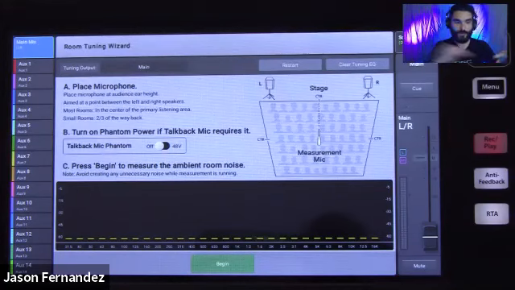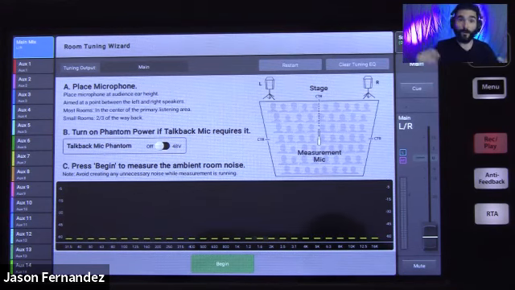After it made its calculation, it says, this is what I heard. This is the EQ that I recommend that you apply to your output, and you have the option to apply it or run the wizard again, or just disregard it if you just wanted to run it to see the curve for yourself, and then maybe you want to recreate that on your own in your graphic EQ, however you want to do it, whatever you want to do with it after it's made its calculation. But its calculation is a very powerful process.